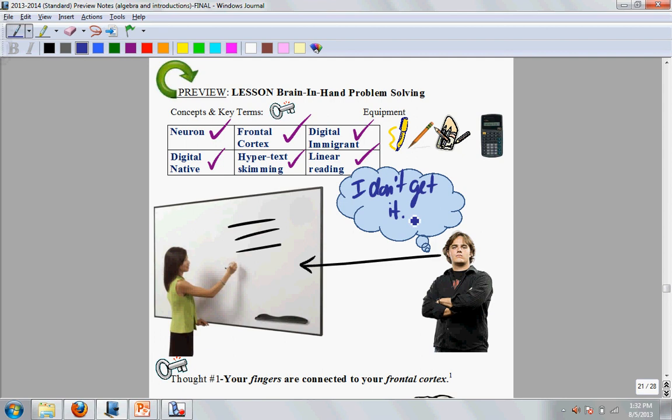And I started doing some research as to why was the initiative to interact by either tracing or drawing or writing on the board, something that would increase understanding. Why were students, it seems like they were less and less likely to do that, and the I don't get it reaction became